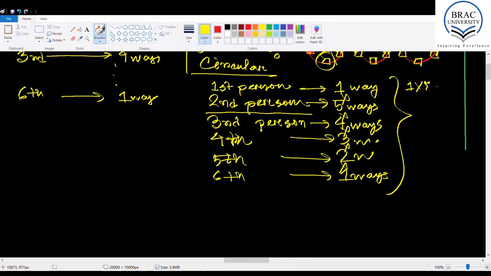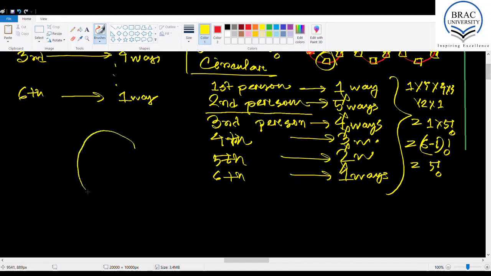So there will be a total of 1 into 5 into 4 into 3 into 2 into 1, that is 1 into 5 factorial ways. And as we can see, there were a total of 6 elements, and we get 6 minus 1 factorial different ways in case of circular arrangement, right? So if we want to generalize this situation or scenario, we'll see that if there are a total of n different elements